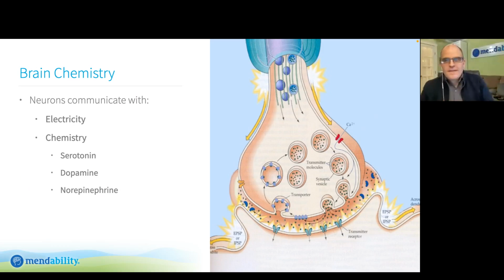It's very fast, and the neurons send an electrical signal along the wire, except that the wires don't actually connect. There's a little gap between each neuron. They come really close, but the electrical signal cannot go from one neuron to the next directly. There needs to be a translation.